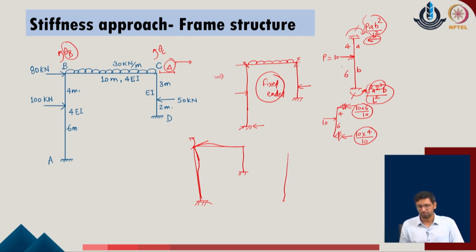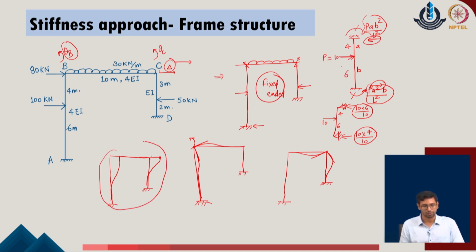As a next case, we will consider the amount of the rotation to be released at the joint C of the given problem, and corresponding to that again the user can define the end moments of the given problem. And finally, as a third case, we can release the amount of the translation or the sway in the given problem, and once we release the rotation or the translation in this part, we will be able to generate the given system with respect to the standard idea of the end reactions of the given problem.